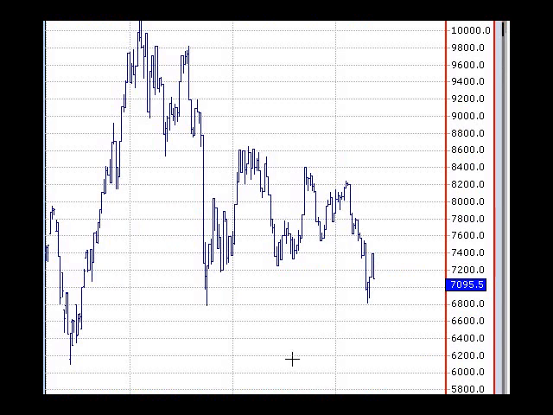Okay, just starting with LME copper. We normally follow the US copper because it's the last closing price. But I just want to point out a few things here. Actually, we do use this now and again. This chart here is a daily chart of copper, and we've been chasing this nice Elliott